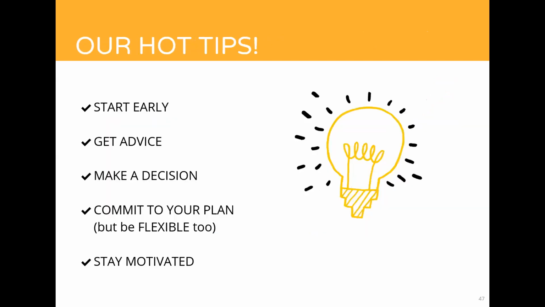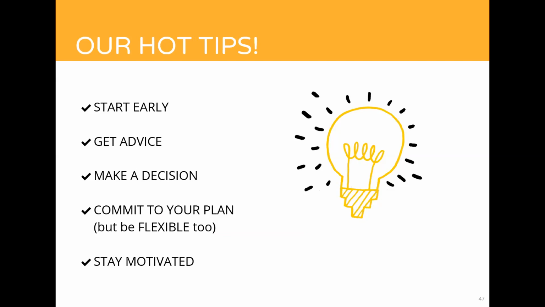So, some hot tips. Start early. Don't leave it to the last minute. As soon as you've decided you love Australia, think about how you're going to approach your strategy and get some advice. Speak to a registered migration agent and ensure that you have a plan in place that is going to work for you. Now, you may have plan A, plan B, plan C, even plan D, and there are often many ways to proceed. I mean, we've seen at least 2 ways that Angela could proceed.